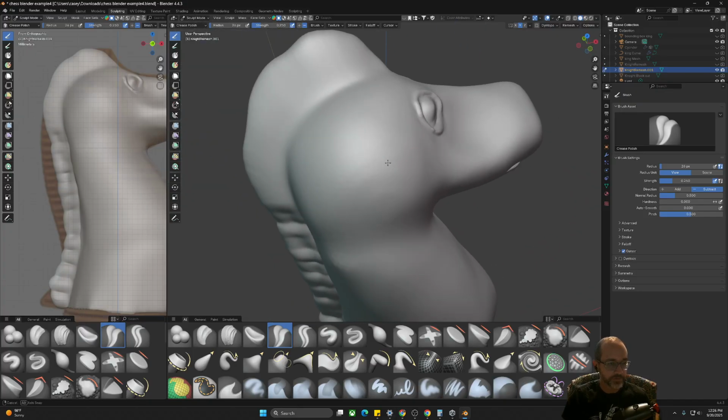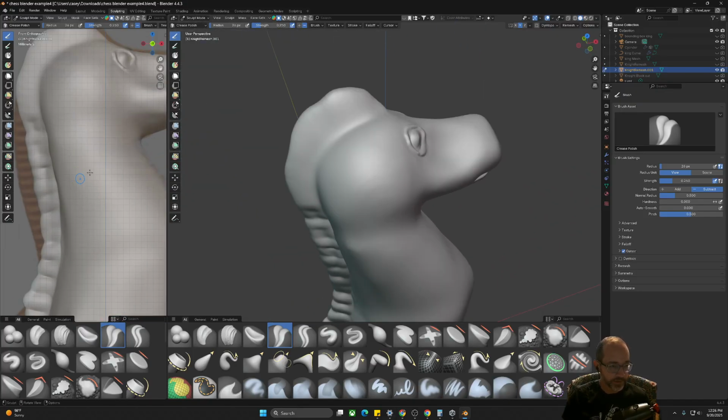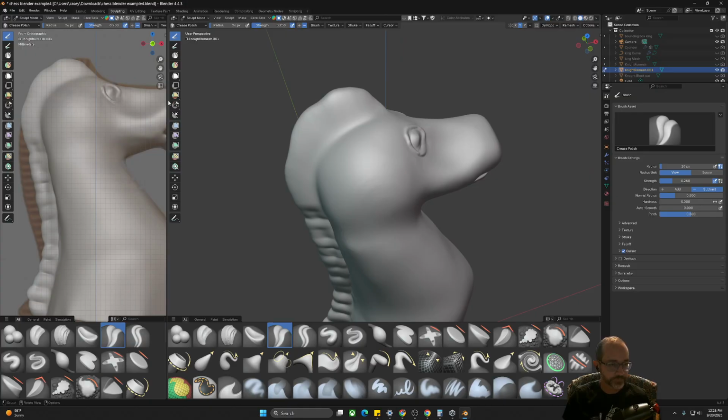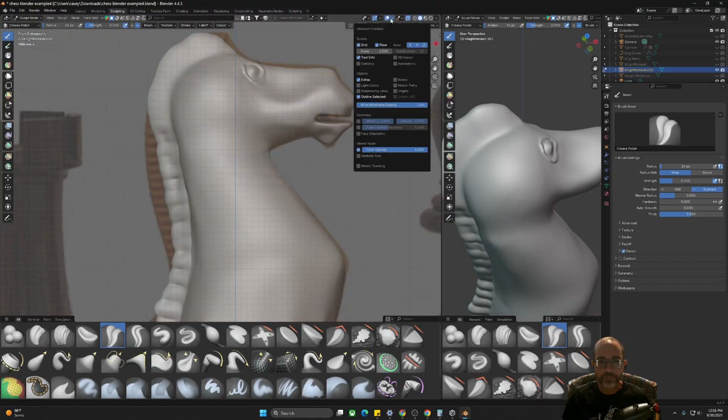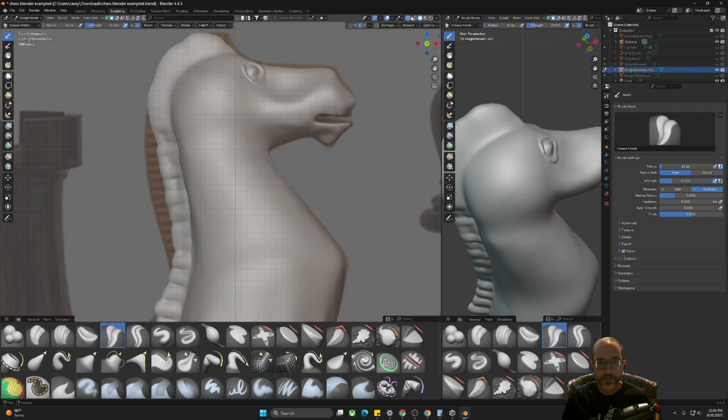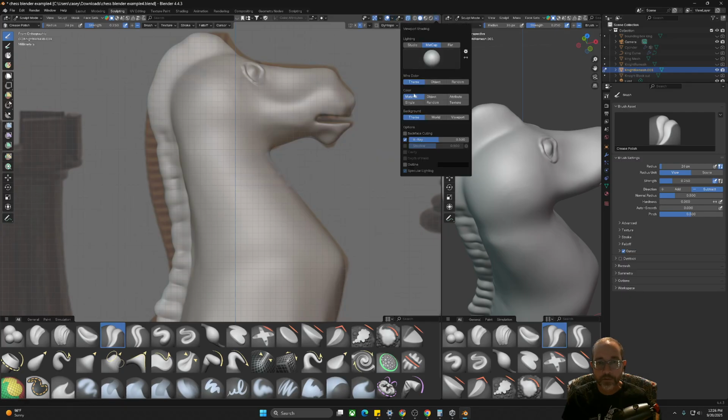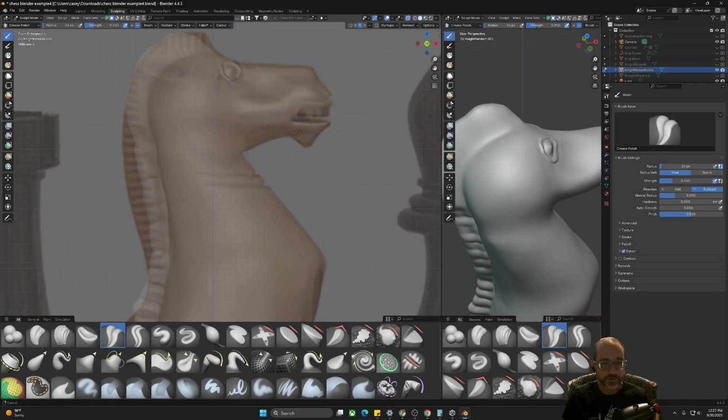So we can see how that's lining up. And we can see some of the detail. Can we make the transparent more transparent? That's not there. Is it over here? X-ray, yeah. There we go. So now we can see a little bit more of where some of the details are